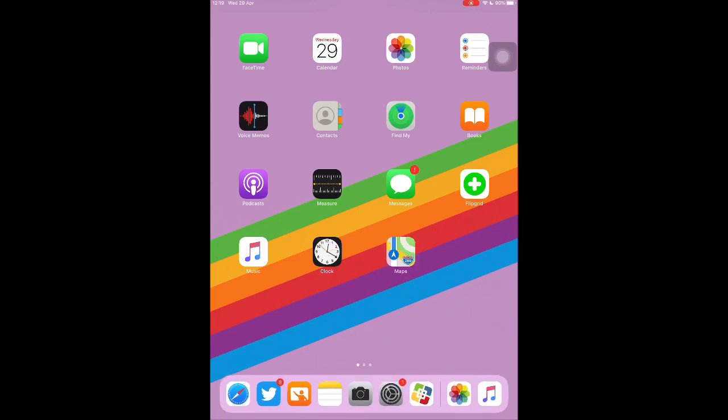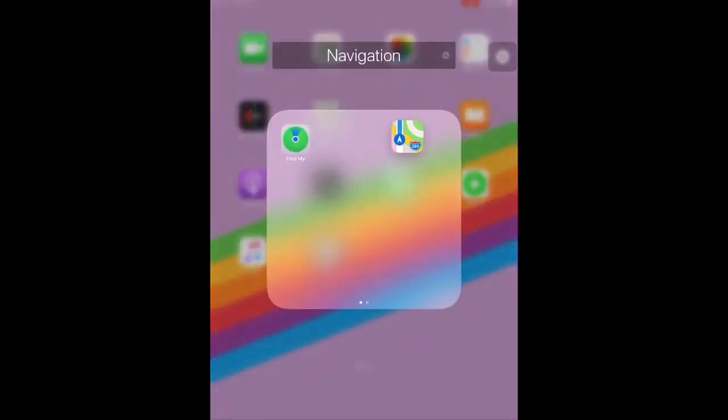Another useful feature for organising the apps on your iPad is creating a folder. So say for instance I wanted to group together the Maps app and the Find My iPhone app. What I would do is just press my finger onto the Maps app first, keep my finger in there till everything starts to jiggle, and then I'm going to pull the Maps app up, and I'm just going to hover it over the Find My iPhone app, and you can see straight away it has grouped those two apps together, and it's even given